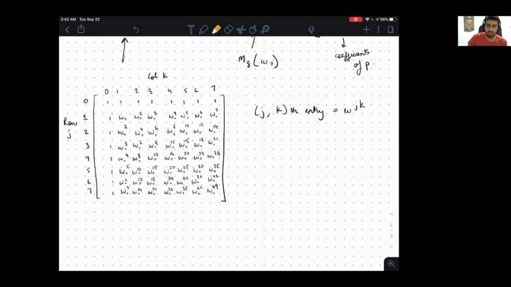And we can see this just by picking any two numbers. Let's say we pick j equals 4, k equals 6. At their intersection, which is this point over here, we indeed do have that this entry is omega naught to the 24. So I can write that as omega naught